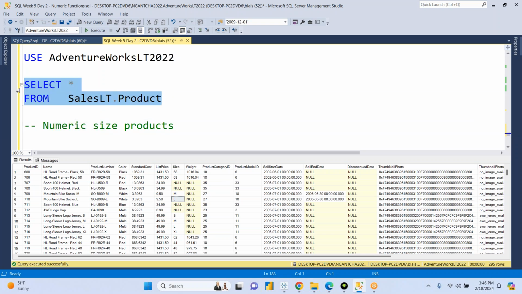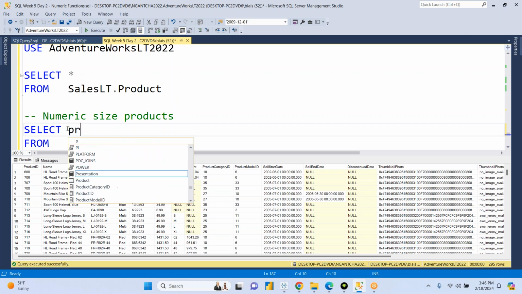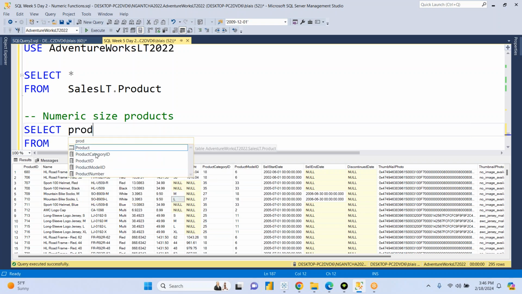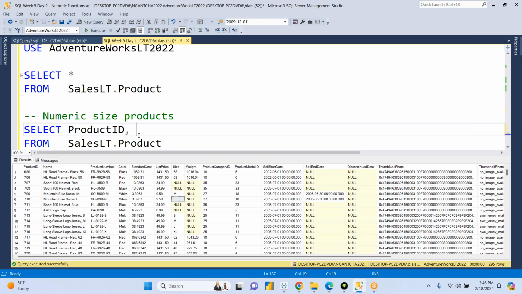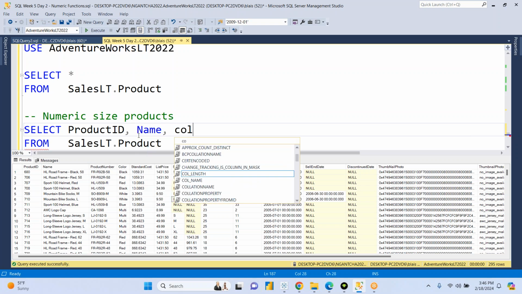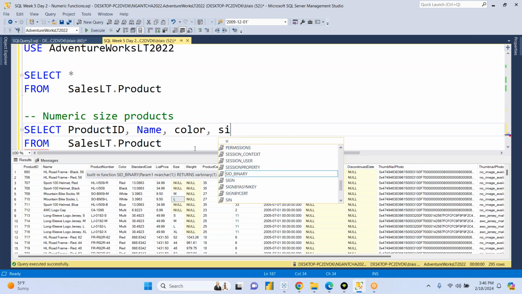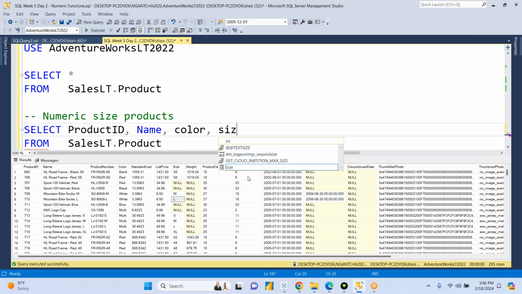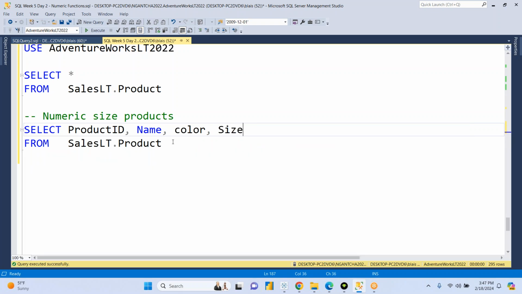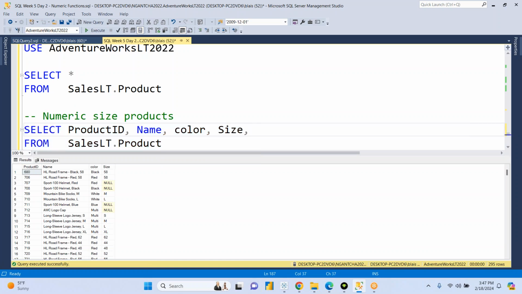Let me first of all do something basic. I don't want to show you everything, but just give you a list of columns we can rely on. Let's get the product ID, name of the product. Let's get the color of the product. Now, finally, let's get the size of the product, right? Yes, let me just limit it to that, right? So if I add a new column right here,